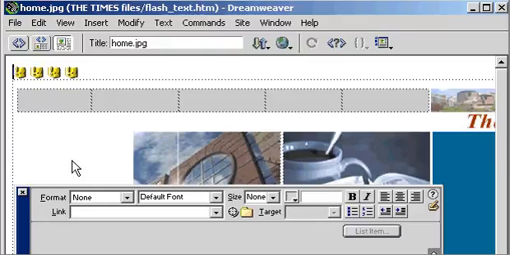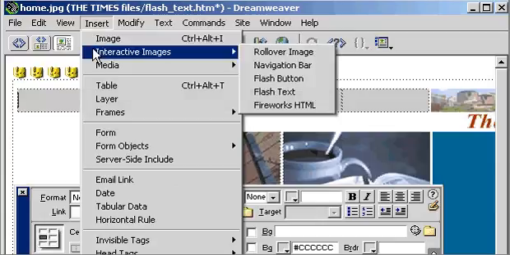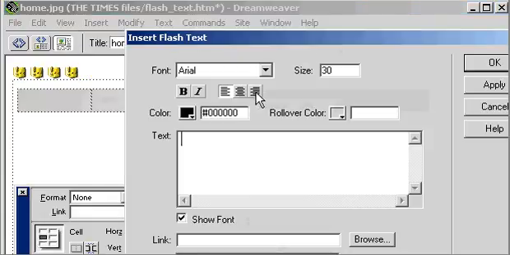We are back in Dreamweaver, and I'd like to create a navigation bar at the top of my page here where we'll take some Flash text and use them as simple rollovers right within this document. Now, to create Flash text within Dreamweaver, you simply go into the Insert menu and you choose Interactive Images, Flash